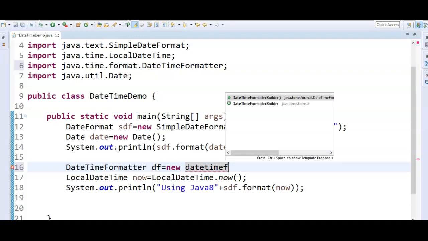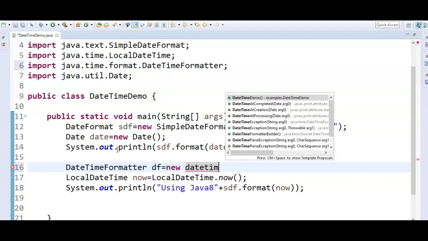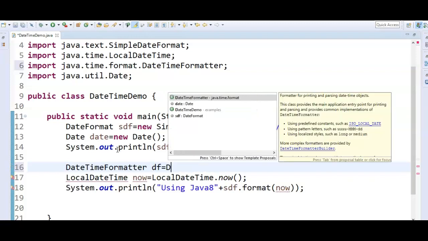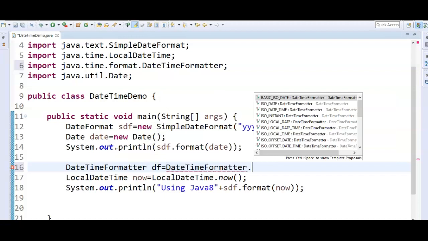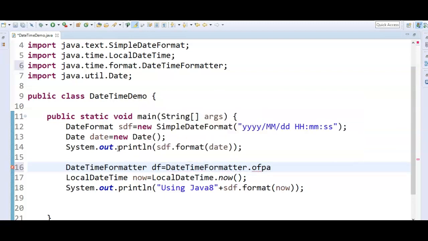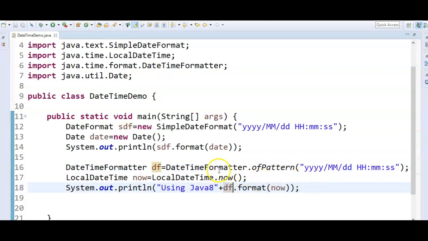So DateTimeFormatter dtf equal to DateTimeFormatter.ofPattern, and just pass here the format which we need to print, yyyy slash MM slash dd, and give here HH colon mm colon ss, and to this date format just call dtf.format of now.